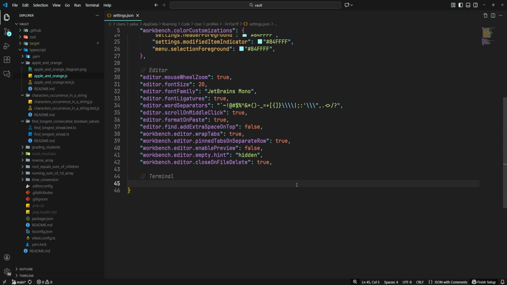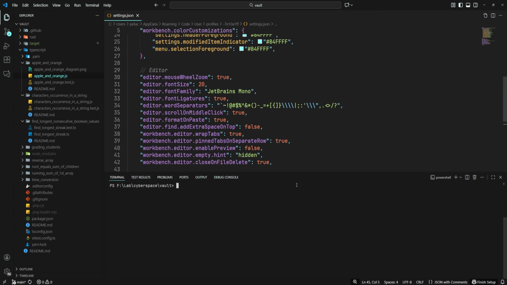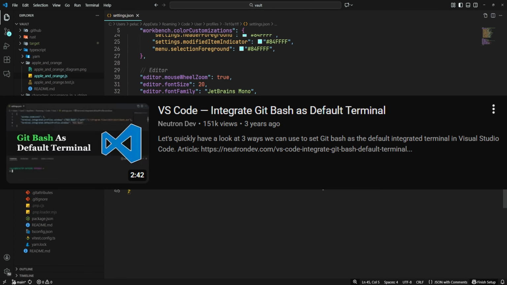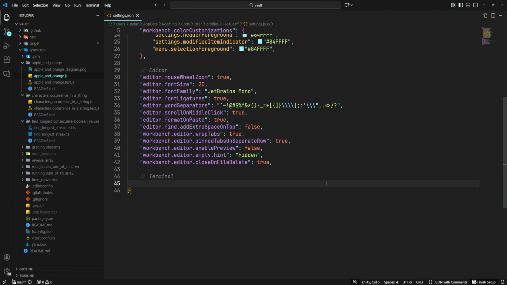Now let's talk quickly about the terminal. Right now, when I open the terminal, it launches PowerShell by default. I prefer Git Bash instead. If you want a full walkthrough on how to set up your terminal, I already have a video where I go into all the details. For this video, I will stick to just two targeted settings. To specify which terminal should open by default, let's use